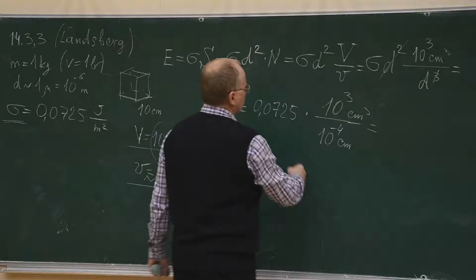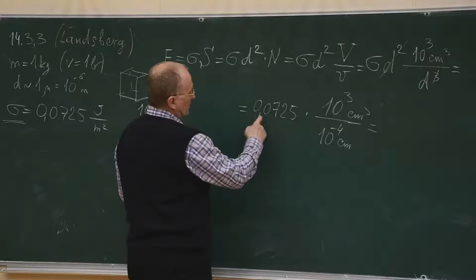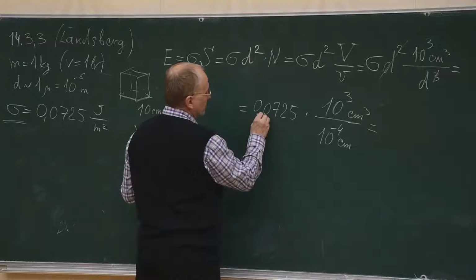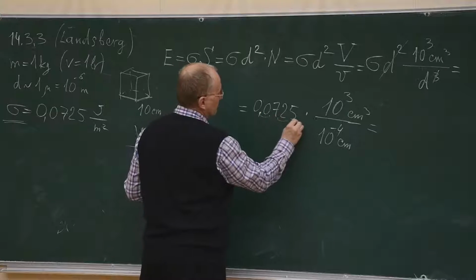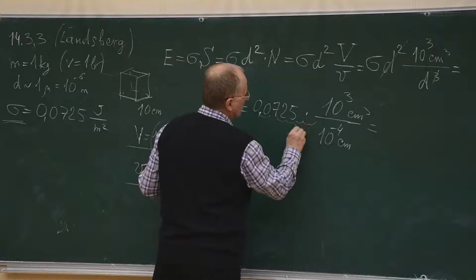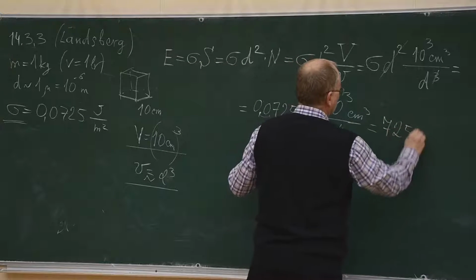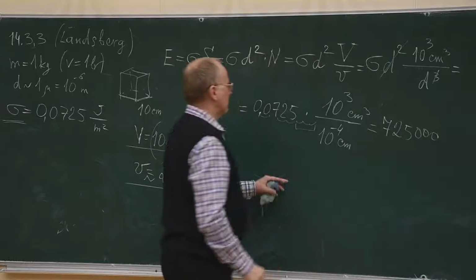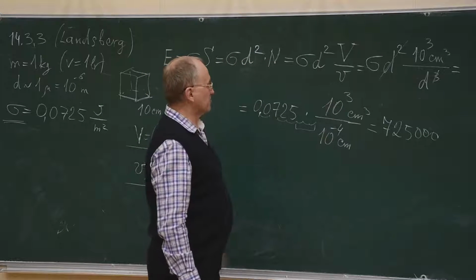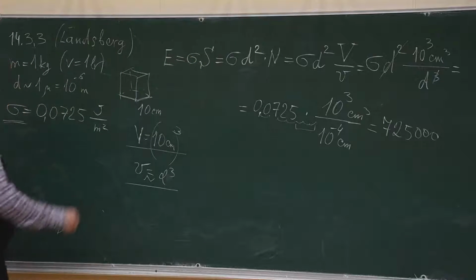So we will have this number, and how many times will the decimal point jump? 7 times. 1, 2, 3, 4, 5, 6, 7. Another 3 zeros will be here. So it will be 7, 2, 5, 3 zeros. That's, I multiplied this small number by 10 to the 7th power,